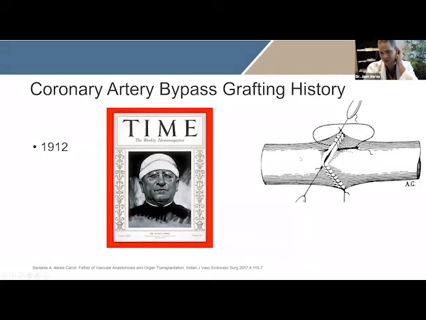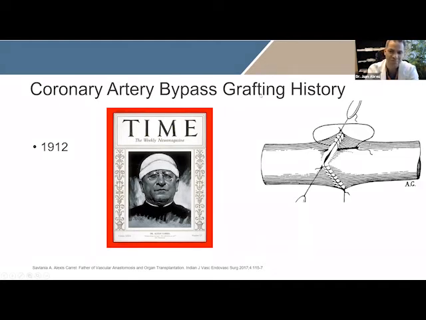So this is what happened to the president. The president died because they tied it up, which was at the time the only available treatment for this. So Dr. Carrel said, damn, we could have saved him. There has to be something else we could do. So he got into his lab and started developing techniques. How can I make a connection between a section of the blood vessel that has been cut, that has been damaged? He started experimenting on that. And believe it or not, just by developing the technique to connect one vessel to another, he got a Nobel Prize in 1912.